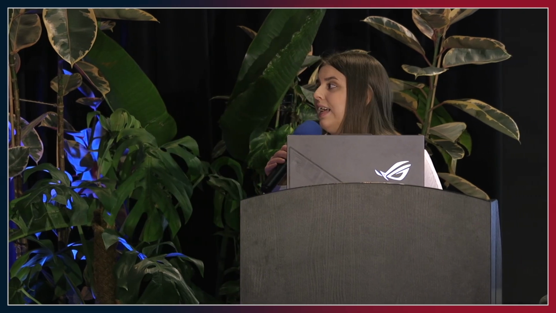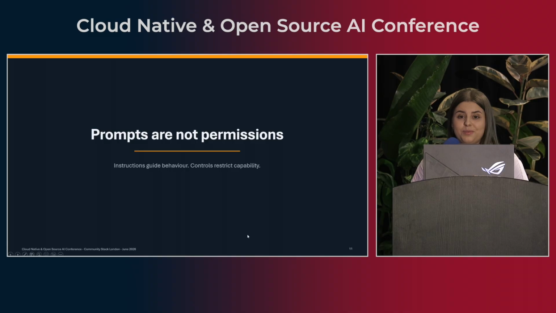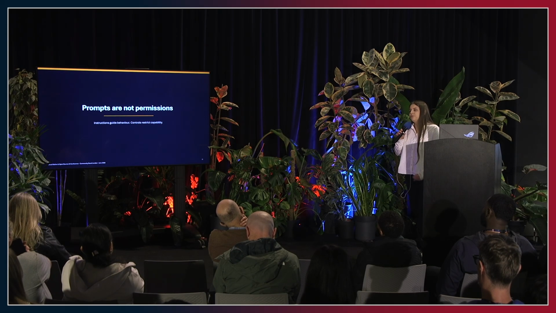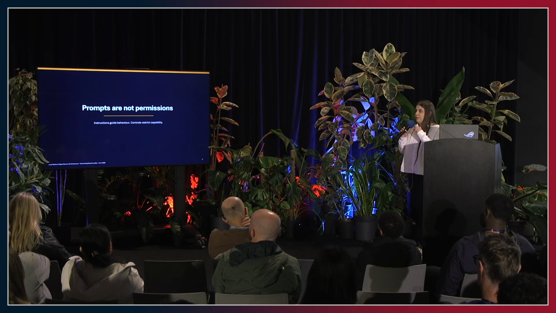The problem with the MCP servers as well is that even if you have two MCP servers where you don't grant permissions to run between each other, you still have the agent runtime between which they can share all the actions. So you have an API, essentially, that they can access and run and coordinate the tools, whatever they want, really, at that point. So yes, prompts are absolutely not permissions. When you're writing a prompt, did you notice that you're writing it in English, right? So it is the people's language.